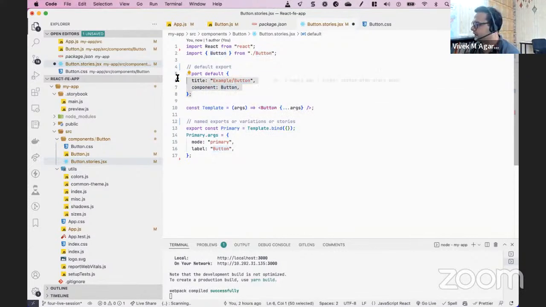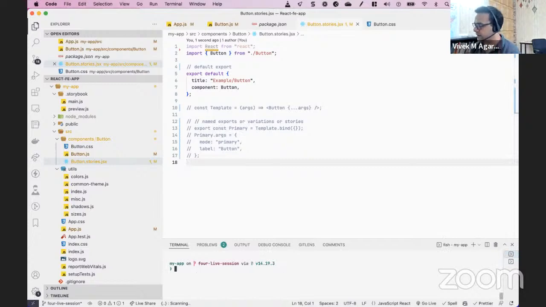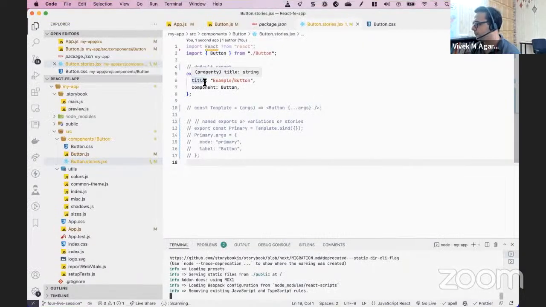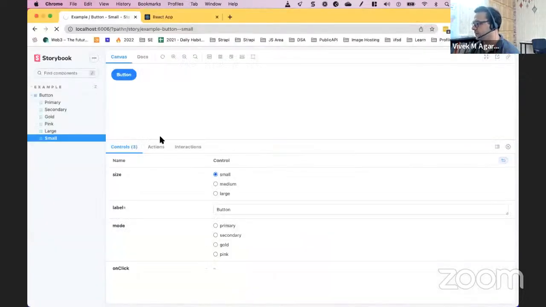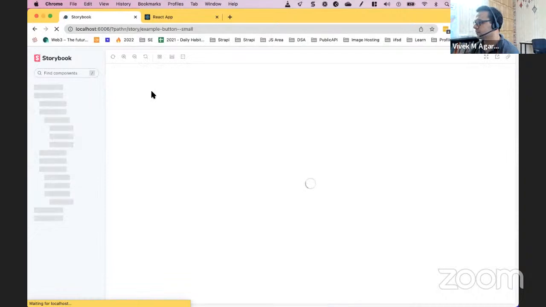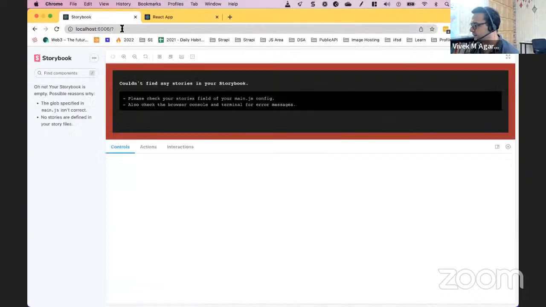और कौन सा कंपोनेंट हम यूज कर रहे हैं, हम बटन कंपोनेंट यूज कर रहे हैं। ठीक है, एक काम करते हैं, एक बार के लिए I'll get rid of the named exports, और बस इतना करके हम सेव करते हैं। and what we'll do is we will run yarn storybook। तो यहाँ पे आप देख रहे हैं कि स्टोरी बुक का बैकएंड, राइट, स्टोरी बुक का main.js कॉन्फ़िगरेशन को यूज करके it is building up storybook for us। हाँ, ये URL में ऑलरेडी बटन स्मॉल दिखा रहा है क्योंकि पहले सिलेक्टेड था, जिसकी हमें जरूरत नहीं है अभी।